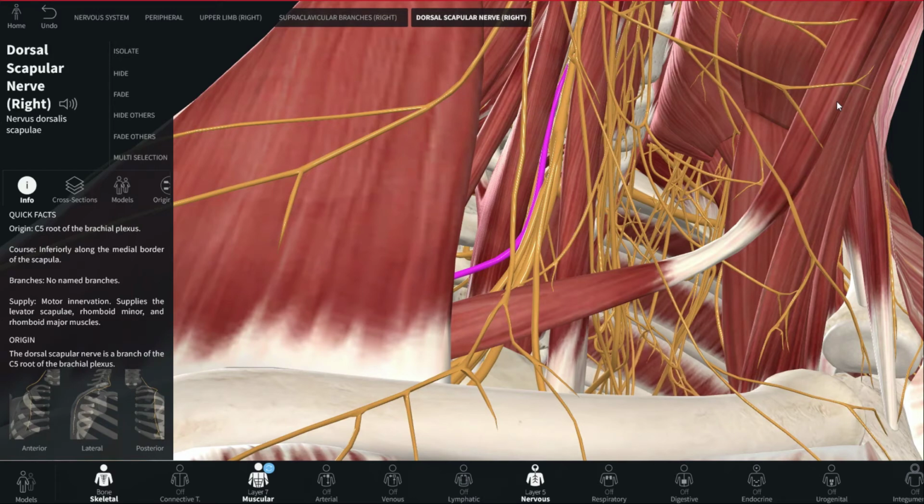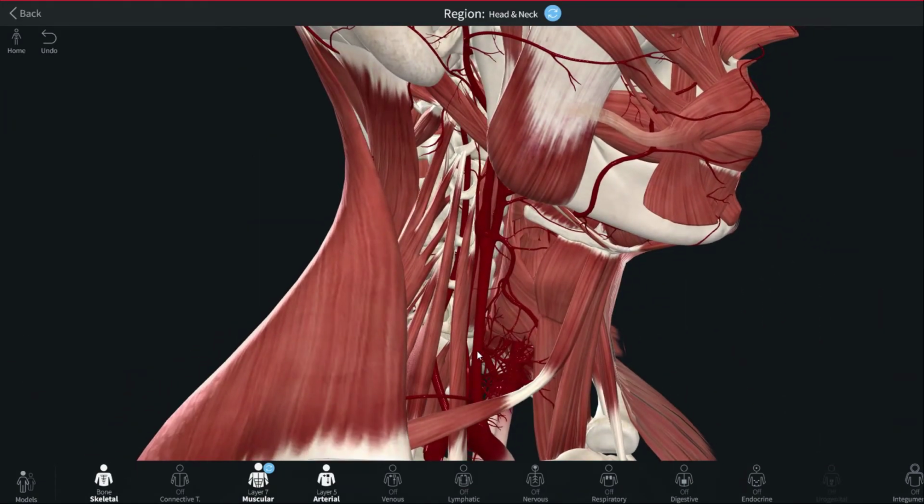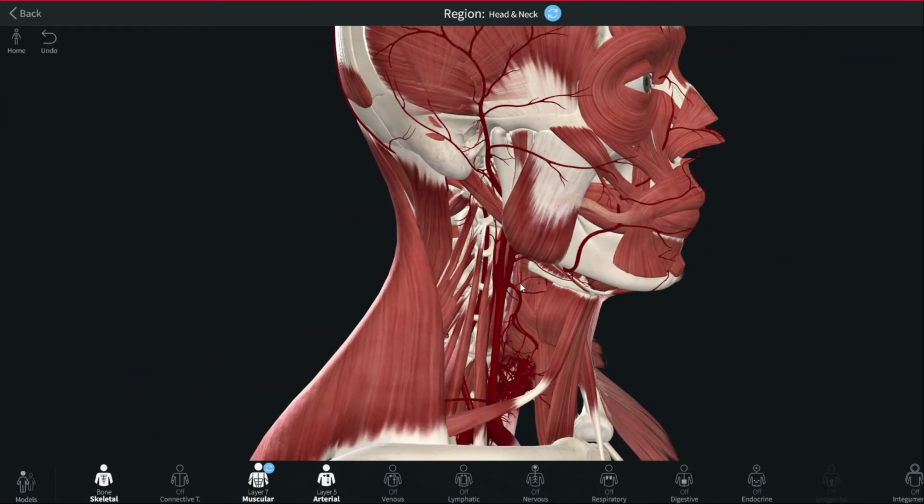Now, since we have talked about the nerves being constituents, let's now talk about the arteries which are part of the occipital triangle. So the arteries which constitute the occipital triangle, let's bring them out. So having talked of the nerves, now let's talk about the arterial constituents